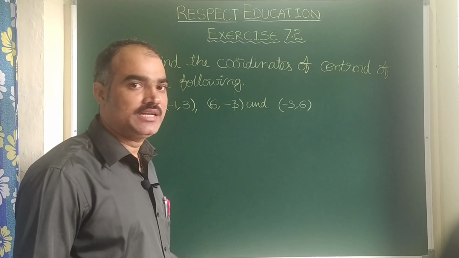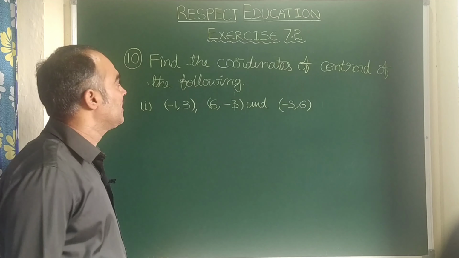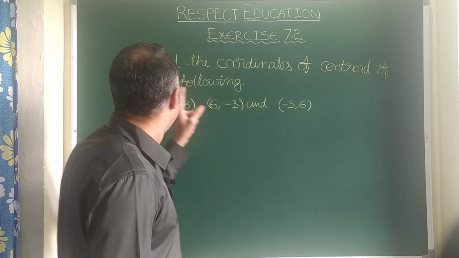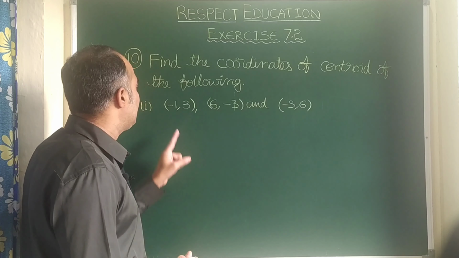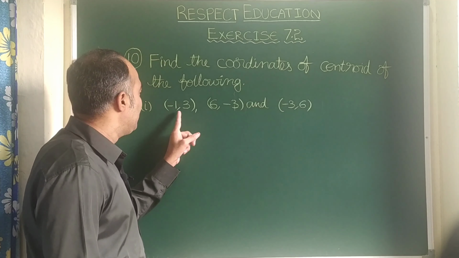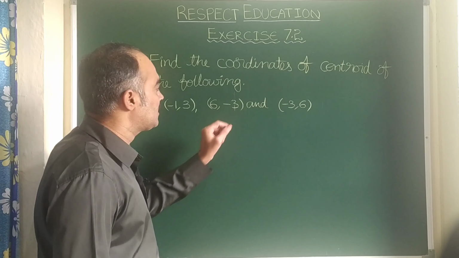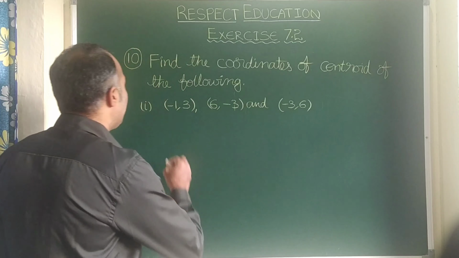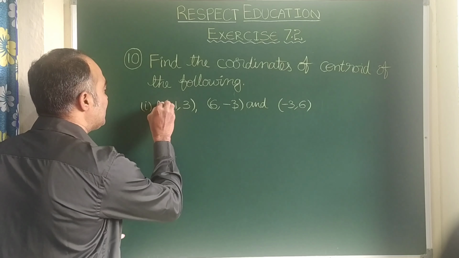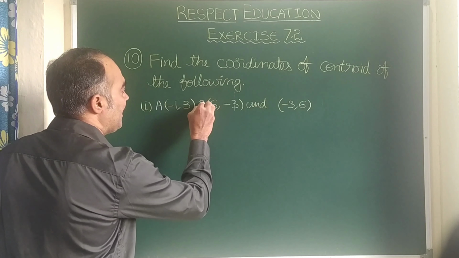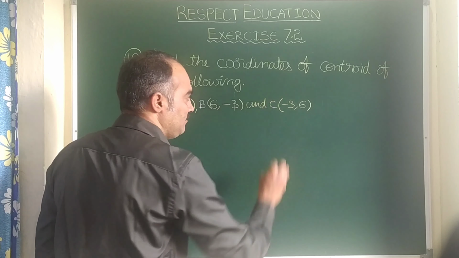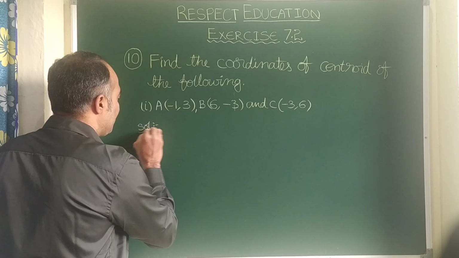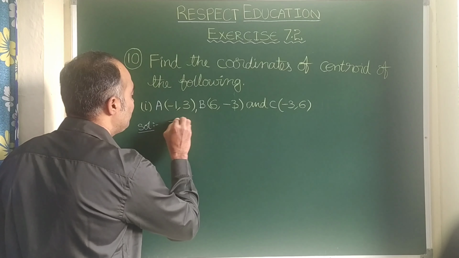Now let us see the next question, that is question number 10. Find the coordinates of the centroid of the following. Here 3 points are given. First one is minus 1 comma 3, second one 6 comma minus 3, and third one minus 3 comma 6. So let us label them as, first one A, second one B, and third one C. Now we know that the centroid